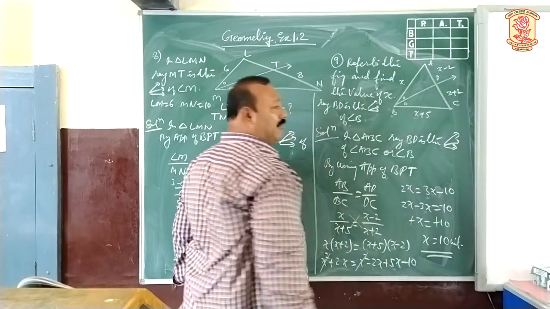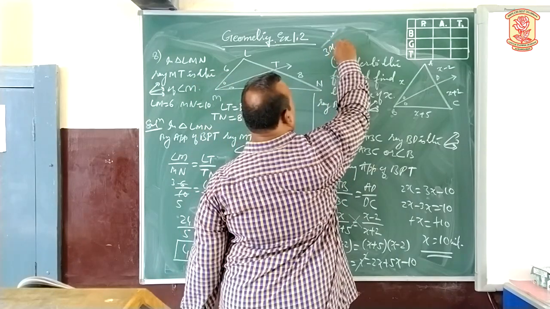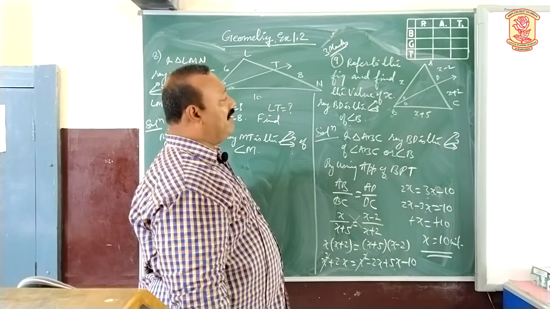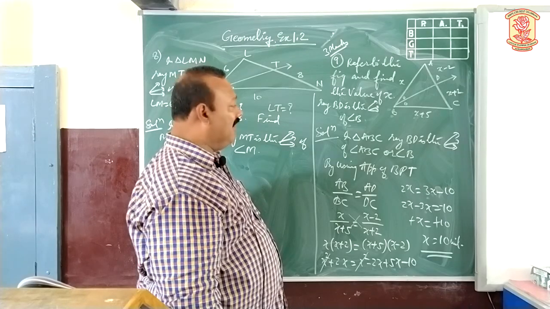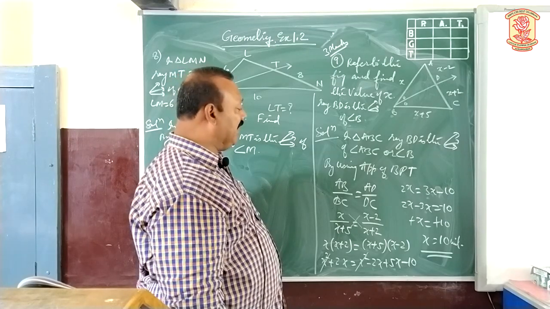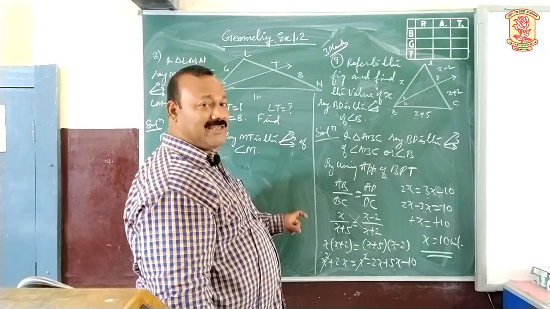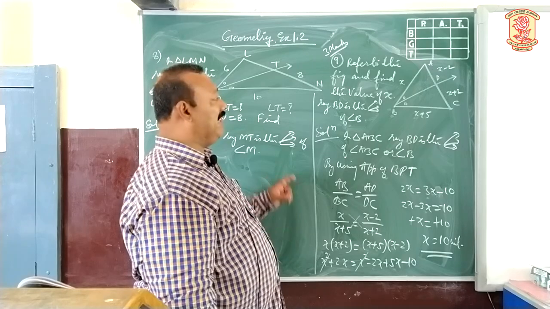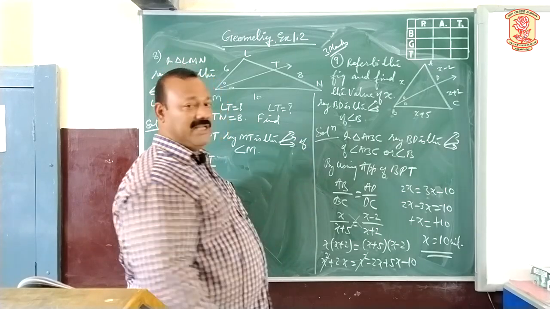This question may come for the board exam. For how many marks? It will be for 3 marks. Always one question is based on whenever triangles are given, a ray acts as an angle bisector. By using application of BPT, directly you can get the value of x or you can get the value of the given segment. One question will be definitely asked based on the angle bisector application of BPT.